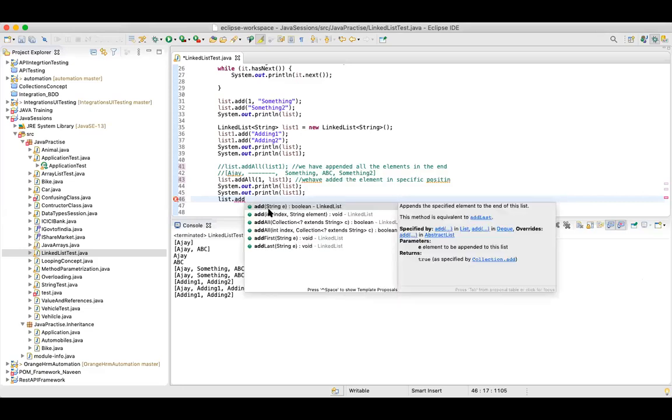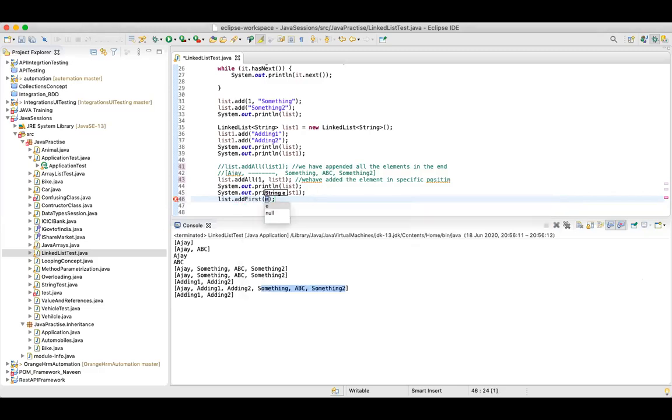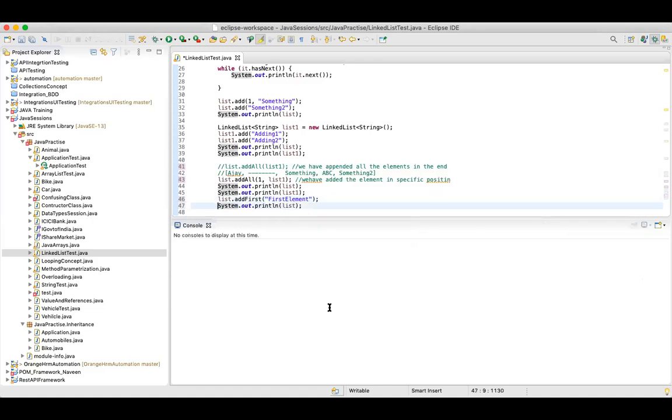Let's see, addFirst. See, this method inserts the specified element at the beginning. So I would say addFirst, and then I'll simply say first element, and then I'll again print my list. Now let's see.